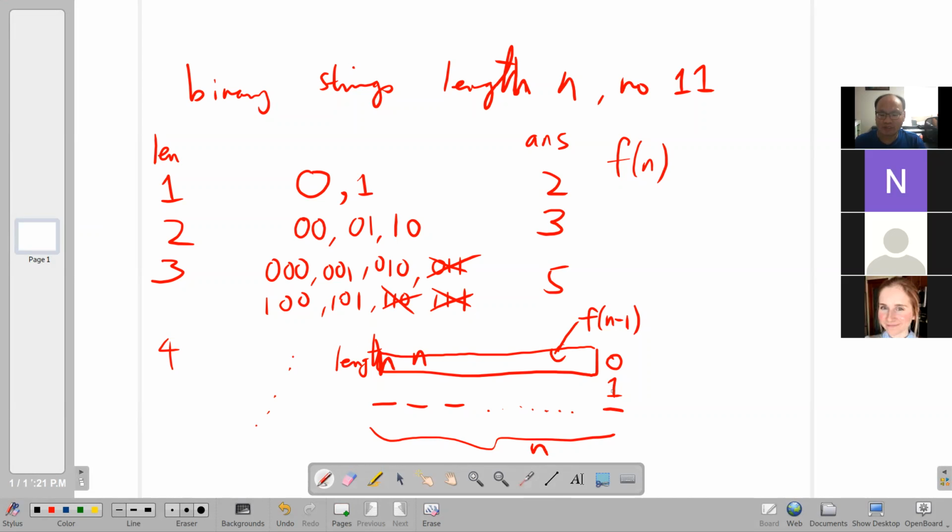If you have a string that ends in 1, then the previous character is also fixed because it can never be 1, it must be 0. If the last character is 1, the second last character must be 0. And then basically the previous n minus 2 characters can be anything as long as there are no 2 consecutive ones. So the number of possible strings is exactly f of n minus 2. And since the strings that you're looking for of length n either end with a 0 or end with a 1, there's no other choice,